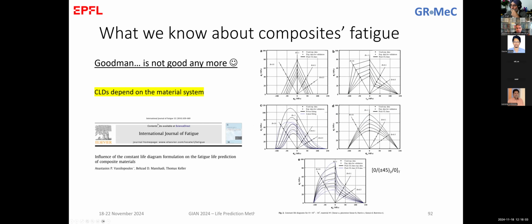There are materials that are better in compression, others that are better in tension, and there are materials that are obeying, if you like, different types of constant life diagrams. But what we know and what is justified here by this slide is that Goodman, which is this first approach, more or less, is not